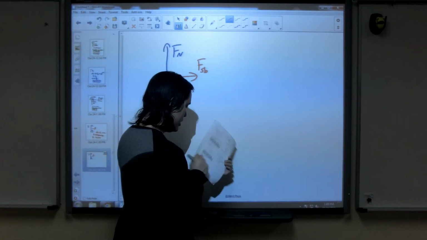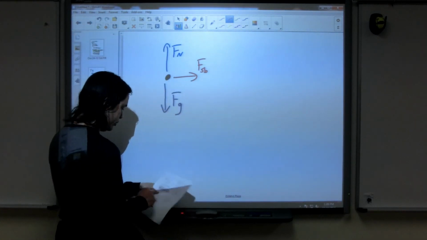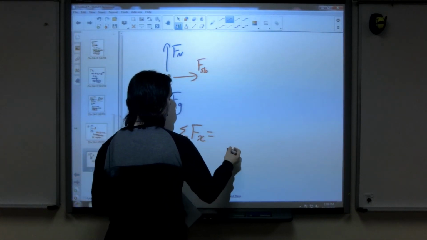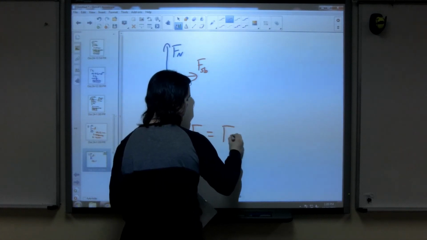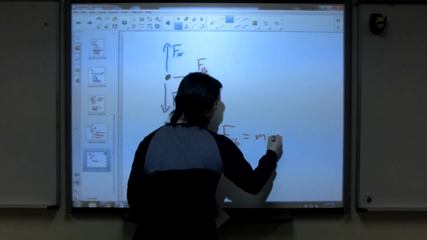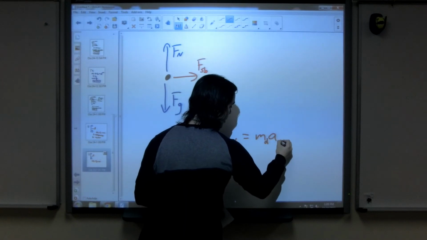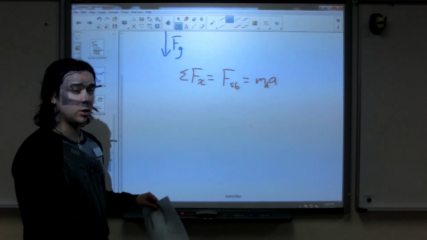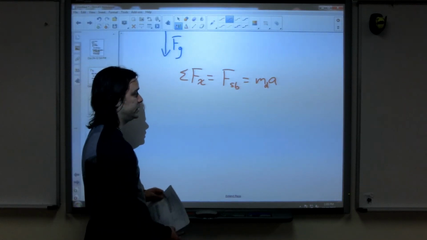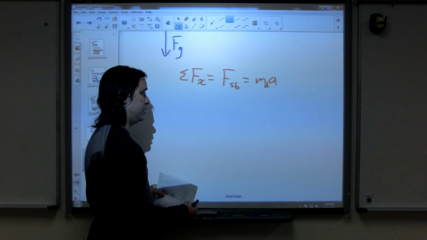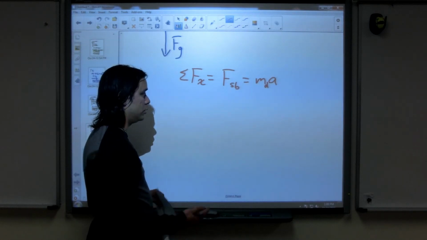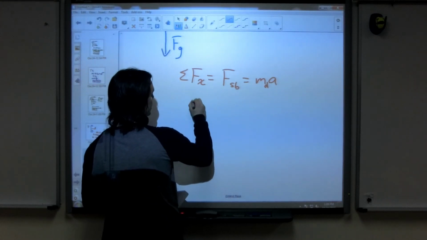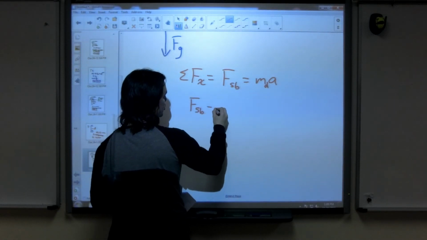And then what we're going to do is apply Newton's second law on this. Sum of forces in the x on the driver, because we're looking at the horizontal, is the force of the seat back. That's the only one, so it's going to be equal to the mass of the driver times the acceleration of the driver. The driver is in the dragster, so, as we saw with the train car problem, they must actually have the same acceleration. Otherwise, the driver is either flying through the windshield or somehow falling backwards through the seat. Neither of those things are happening,